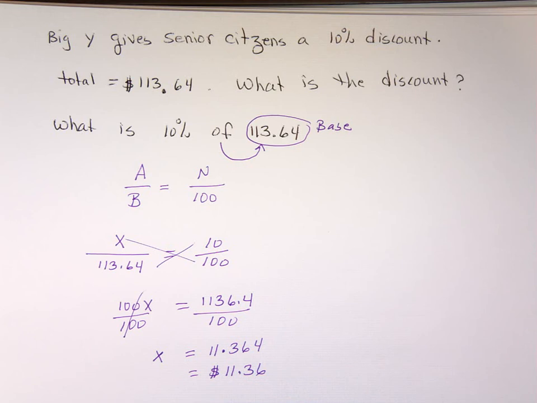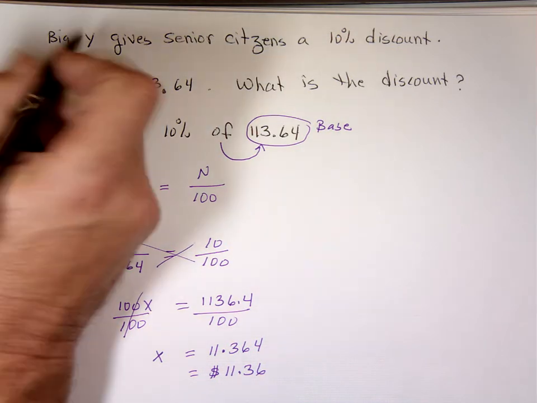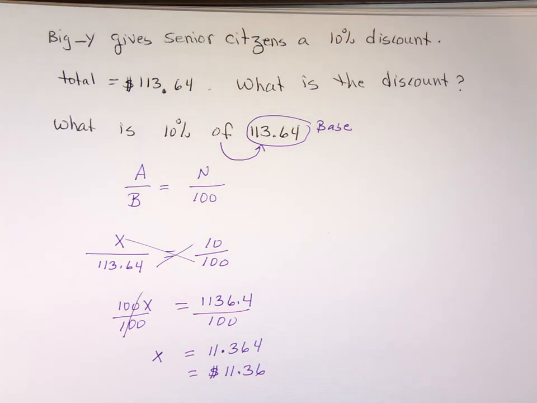First and last Tuesday of every month, Big Y will give senior citizens a 10% discount on the entire bill. So this is some of the applications where we use percent. We use them in commission, we use them in discount, percent increase, percent decrease, sales tax, all over. And that was the last